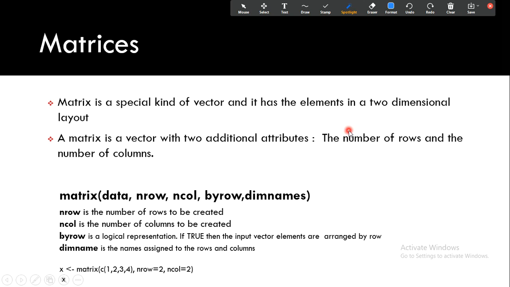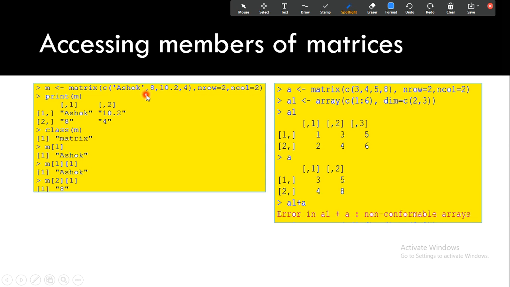And the matrix command is the same as that one here. Here there is nrow and ncol, but you don't have to specify nrow or ncol. Though nrow and ncol are keywords, you don't have to specify them explicitly. Okay, matrices are very simple. I put the output also in my PowerPoint.